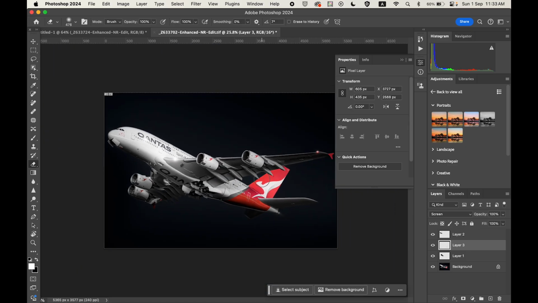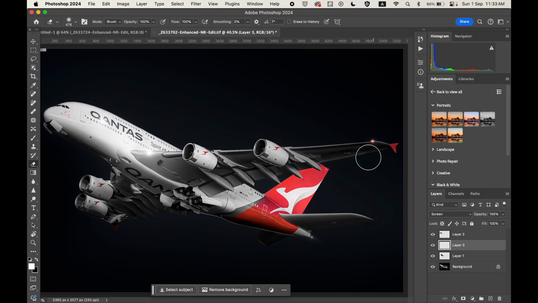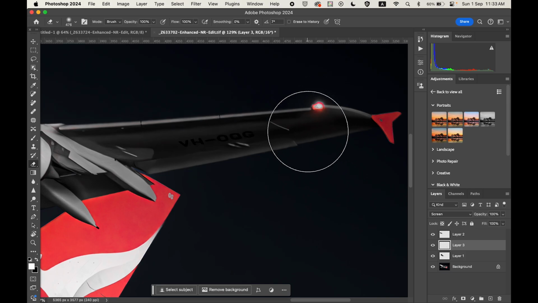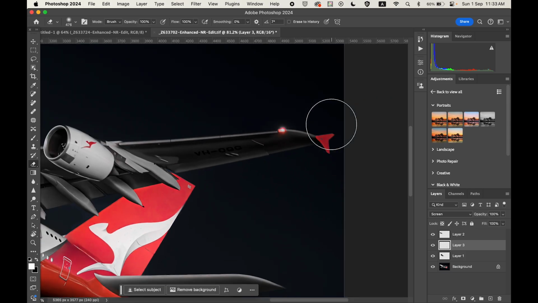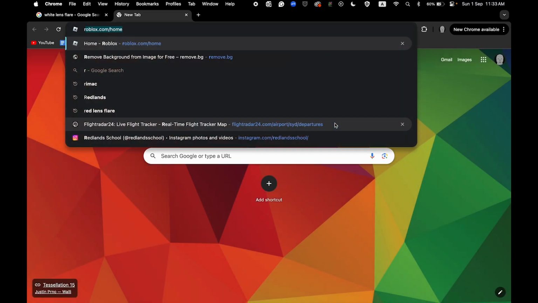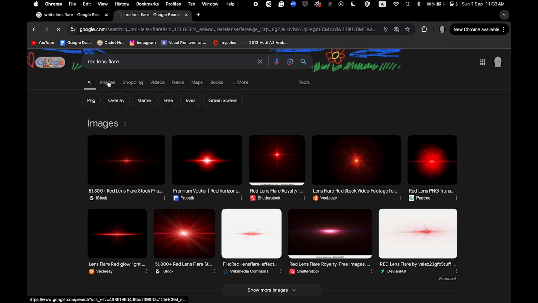Now, the final thing that I'm just going to touch up here is the red wing light. When you're messing with the colors, a lot of the time it can have a bit of a toll on the look of that. If you look there, it doesn't look great. So what we're going to do is go back in here, red lens flare, and then